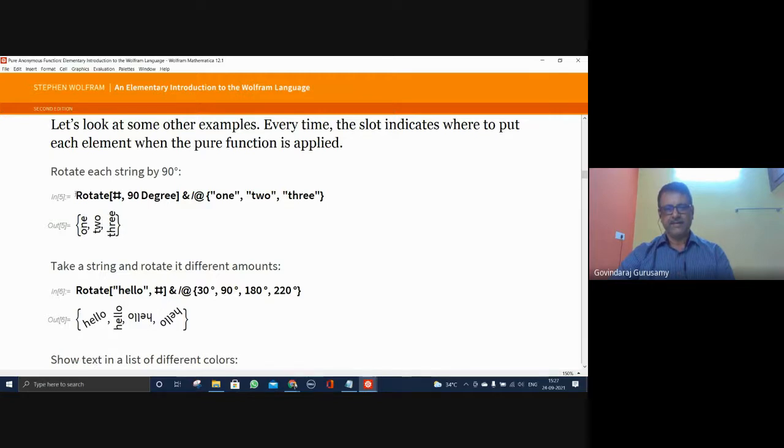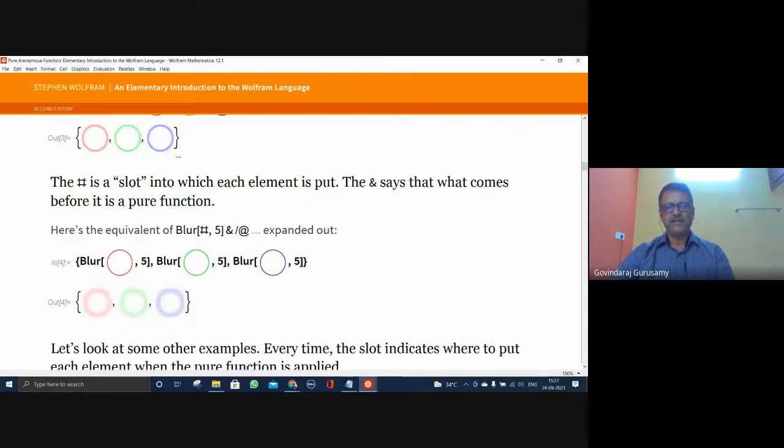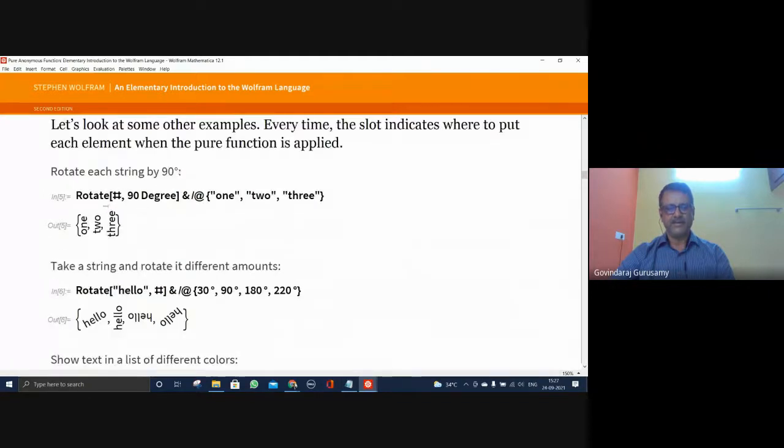Instead of giving independent statements three different times, it has been grouped here using a pure function with a hash. This takes number 1 and rotates it 90 degrees, takes the second one and rotates it 90 degrees, the third also, and it is printed here. That gives the output for 1, 2, 3 in the list, which is a 90 degree rotation.